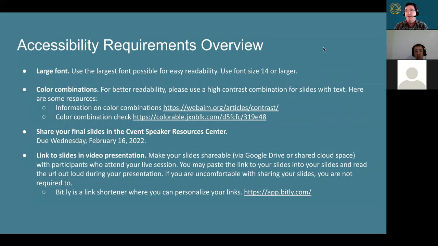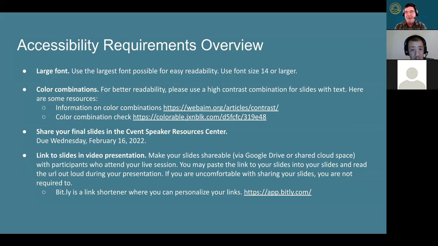Okay, so for the slides that your presenter will be giving, we just have a few recommendations here for making the thing accessible. Once again, I think the deadline for presenters is about February 16th for uploading their presentations. The Pac Rim team will be looking at them to make sure they meet our accessibility requirements. So you're not required to do that. But just be aware they may make changes at the end. So if something comes up, just be prepared for it.